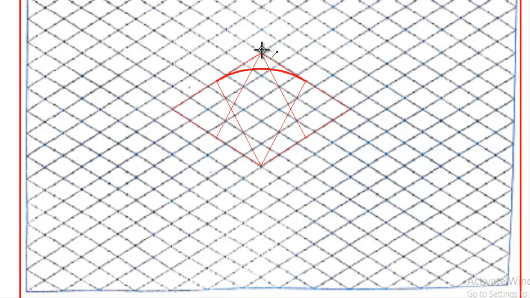In the same way go to the top corner and do the same from the bottom midpoint to the other end midpoint. Then go to the intersection point, make it the center exactly at the intersection point and draw the arc from one end to the other end, like this remaining. And again go to another intersection point, take it as a center and draw the arc between these two.